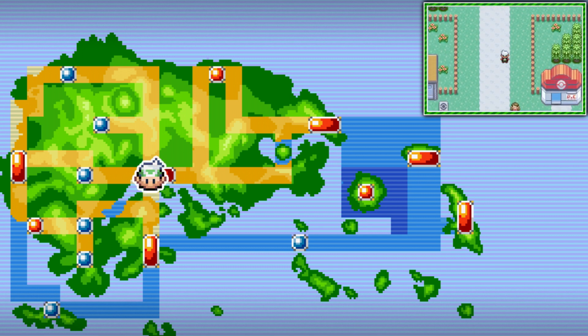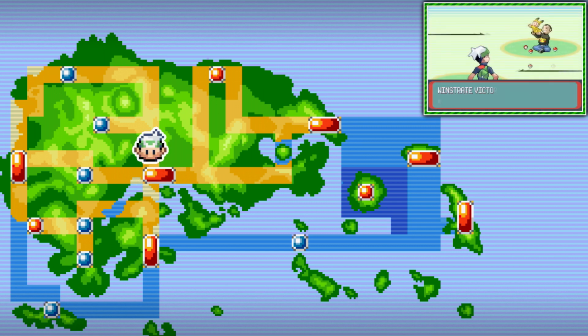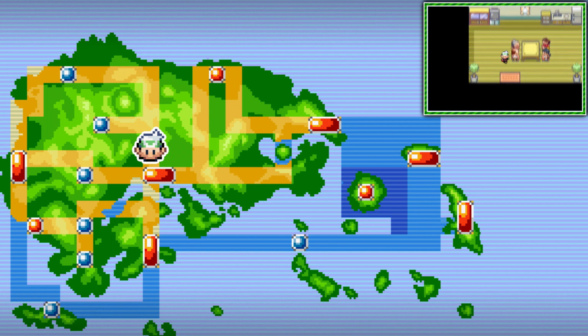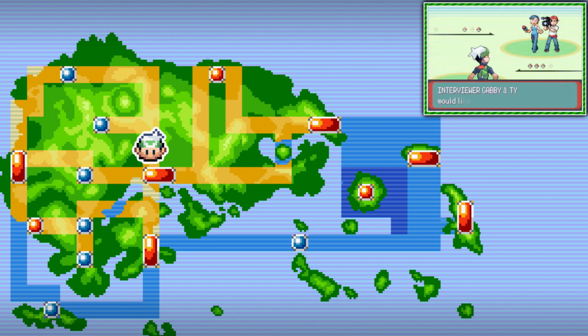Afterwards, you can make your way north of Mauville and visit the Wind Straight House. This house is full of a battle-obsessed family. Victor, Victoria, Vivi, and Vicky, and if you defeat all four of them in a row, they'll give you a macho brace, which is helpful for the post-game. They'll also mention a son who is much stronger than them, who should be taken on the Pokemon League by now. Remember that. Make your way up Route 111 and battle TV interviewers Gabby and Ty,